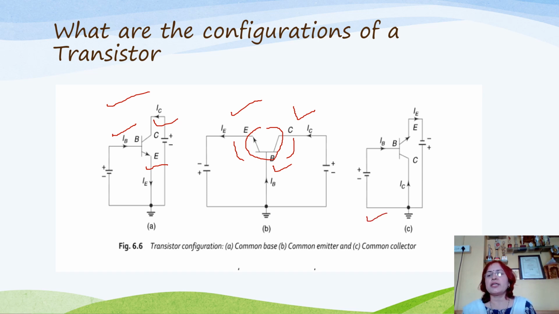Now come to the third configuration, C. Here, the base is the input terminal, emitter is the output terminal and collector is the common terminal. Input is applied between base and collector, and output is taken between emitter and collector. This is the NPN transistor. P-type base is connected to the positive terminal. Input junction is forward bias, and N-type emitter is connected to the negative terminal, and collector is connected to the positive terminal. So the output junction is reverse biased.